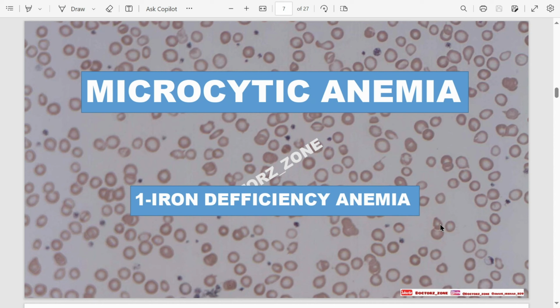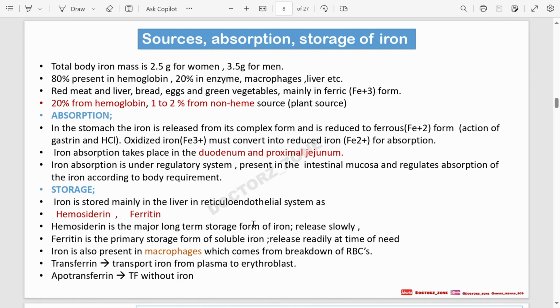So we are going to discuss microcytic anemia and its first type, iron deficiency anemia. First, we are going to discuss sources, absorption, storage of the iron and its metabolism. So total body iron mass is 2.5 gram for women and 3.5 gram for men. 80% of this mass is present in the hemoglobin, and 20% of this mass is present in the enzymes, macrophages,